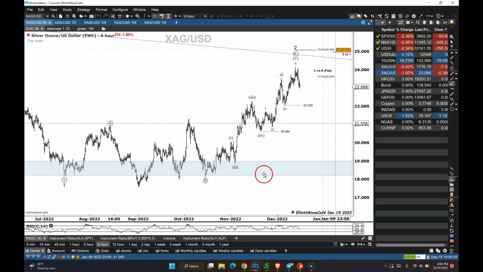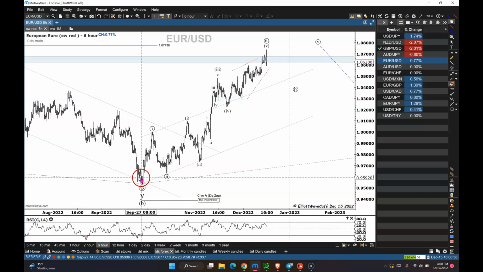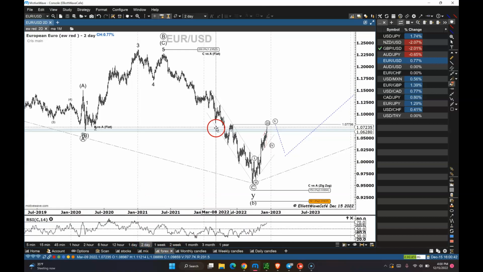And let's also touch on the euro dollar, because I think that's important as well. I'm going to go on Forex here, and this is what happened. We've been talking about this ending structure here in the euro into this huge band of resistance. So if you go on a 2-day chart, you'll see it. Right there, the lows from March 2020, near a previous 4th wave high, up in there.